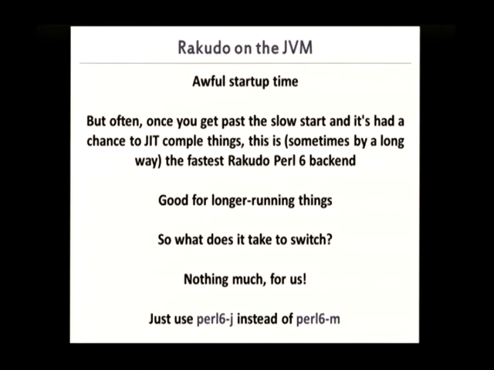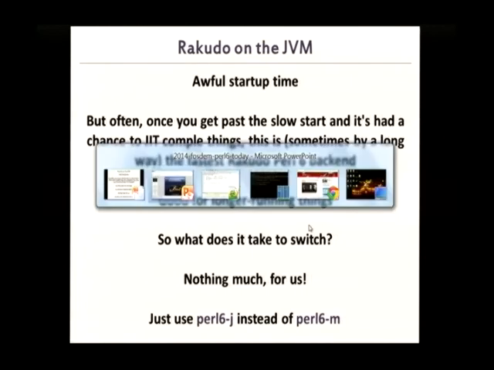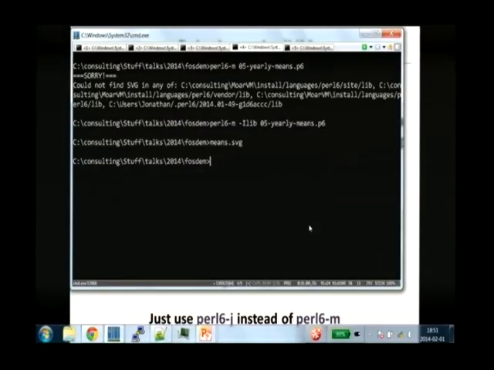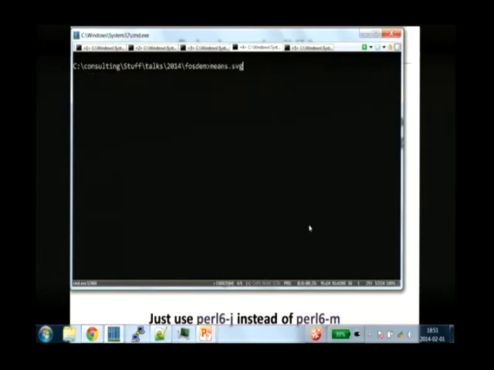And you might wonder how hard it is to take the Perl 6 code we've written and run it on the JVM instead. And you might have been noticing I've been invoking it as perl6-m, and it turns out that all I have to do in order to run it on the JVM instead is to, let's actually just go for one of the simpler ones. Okay, let's go for model actions, and let's just do perl6-j instead. Okay, now the startup time is incredible. However,